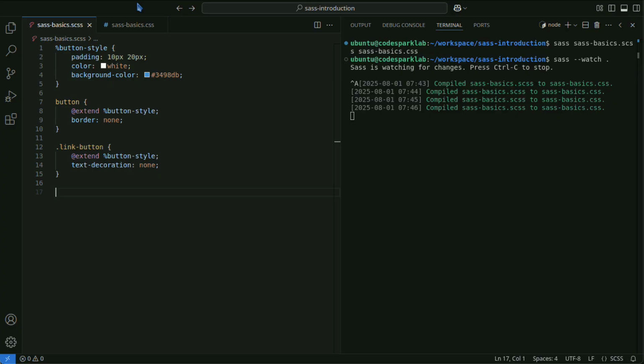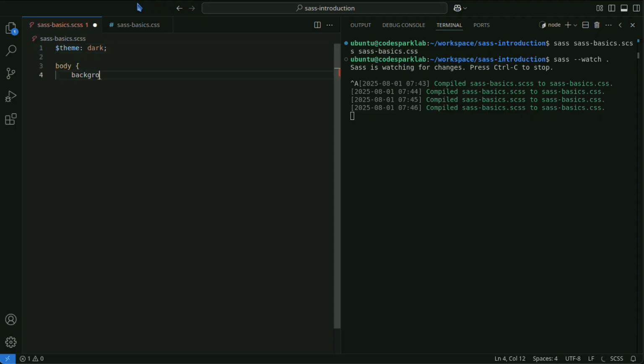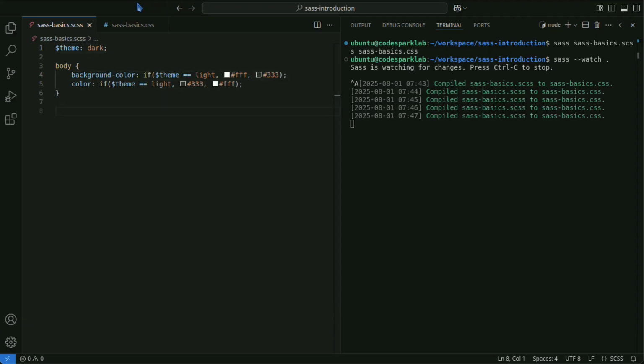Sass supports conditionals and loops to dynamically generate styles. This code uses Sass's if function to switch background and text colors based on the $theme value, enabling dynamic style generation through conditionals.